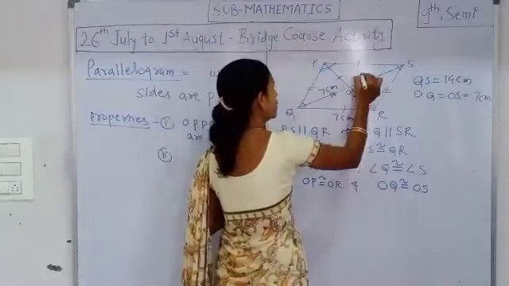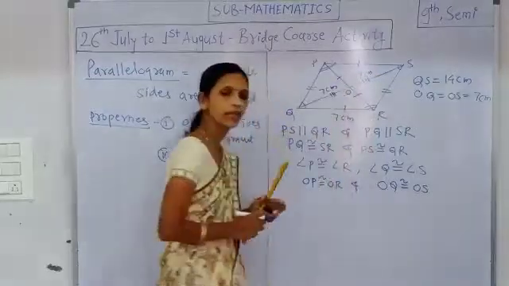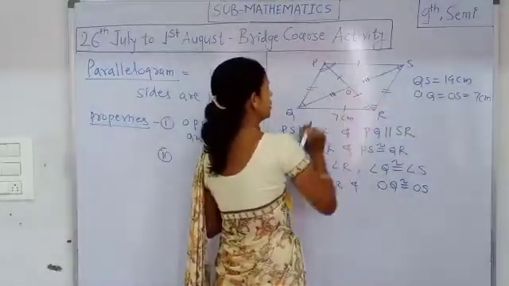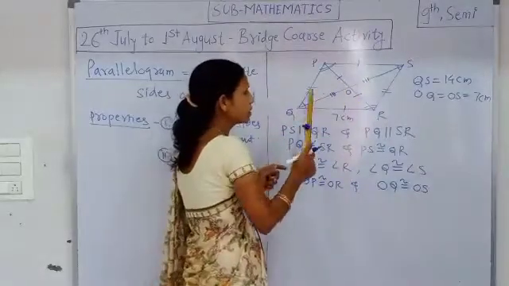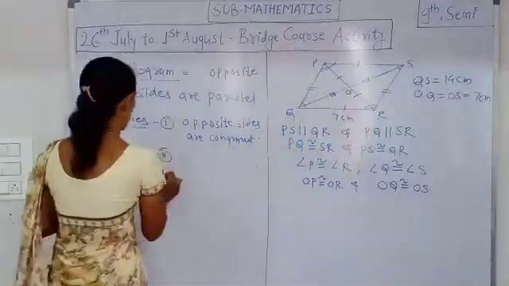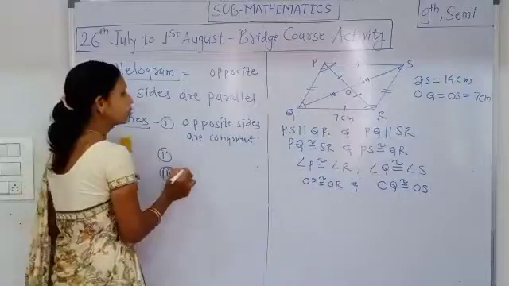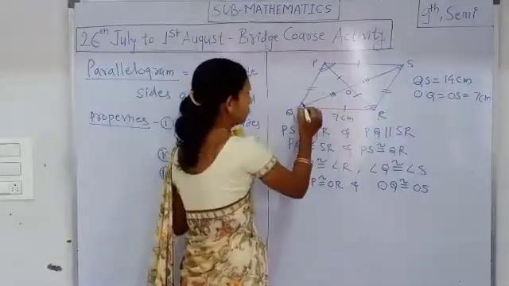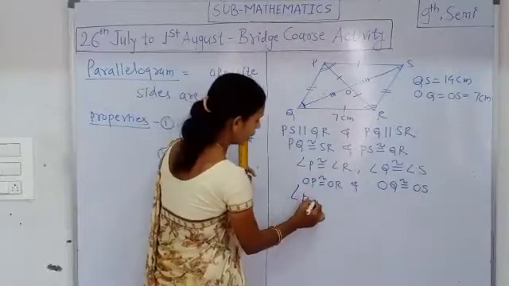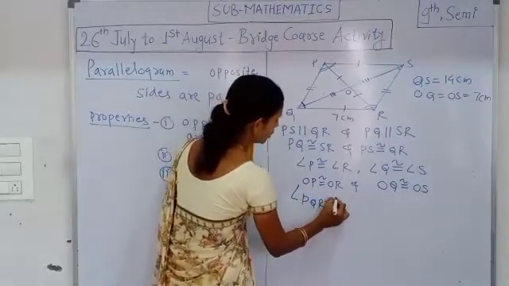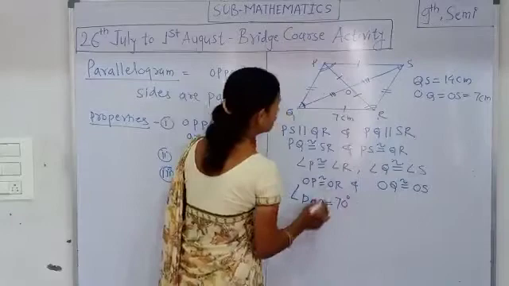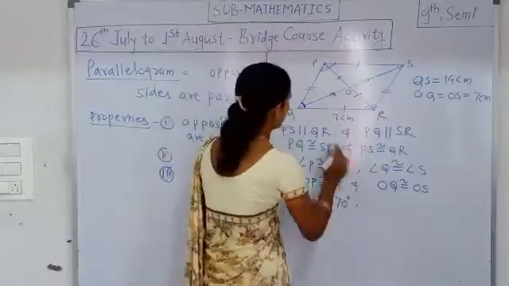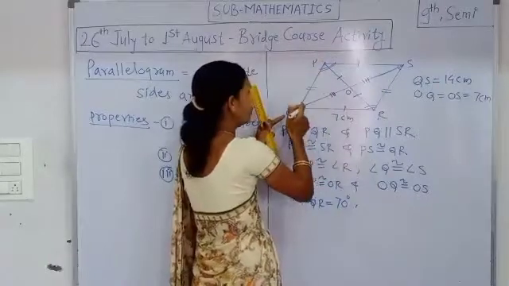Then one more property, that is, those diagonals also bisect the opposite angles. That means, for example, if angle PQR is 70 degrees,